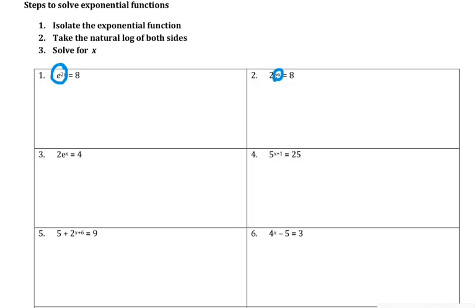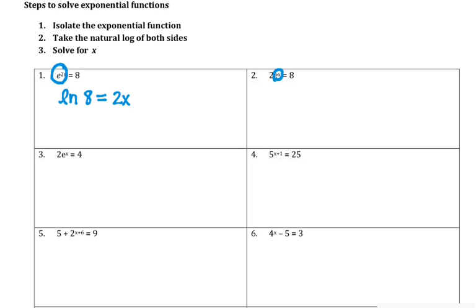In number 1, we've already got the exponent isolated. I'm going to change this into a logarithmic equation. Now, this has a base of e. What other thing have we learned about that also has a base of e? A natural log. So I can write this as the natural log of what? What number would come next if I started with natural log? 8. Good job. The natural log of 8 is equal to